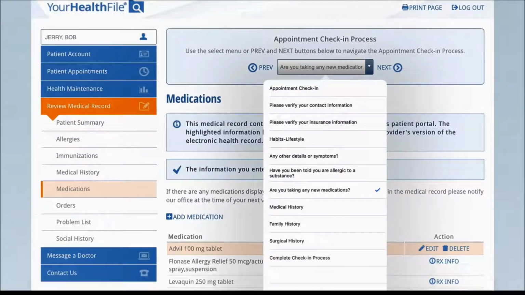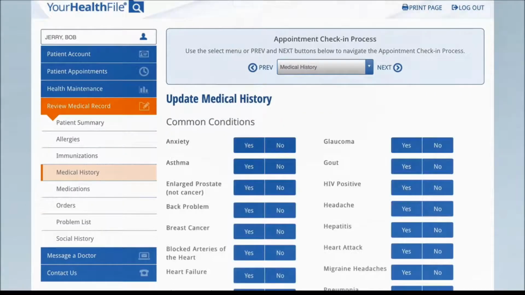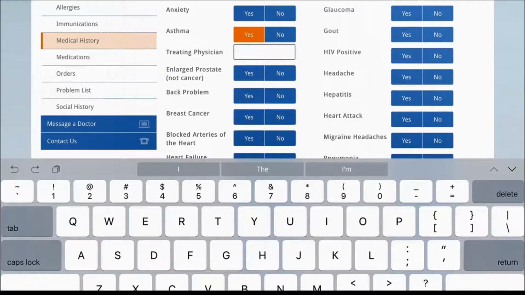We'll go ahead and add one more piece of data here, maybe a medical history. There's already some medical histories in his chart, but we'll go ahead and add another one. Just touch on add medical history. And we'll say that Bob reports asthma. And we'll go ahead and tap on the asthma button